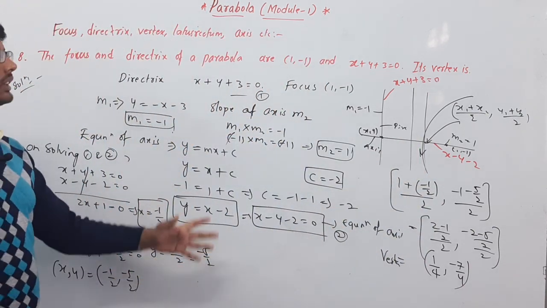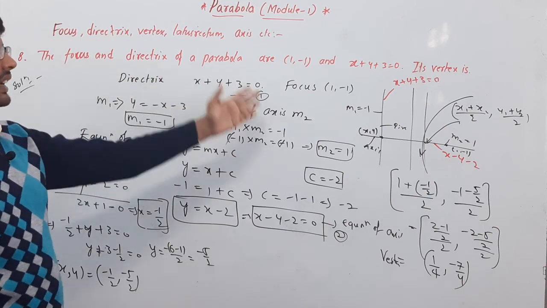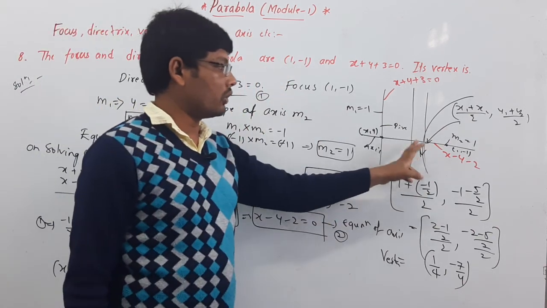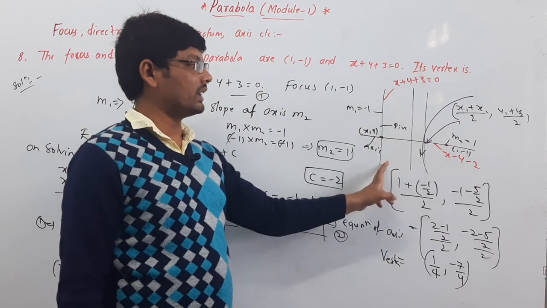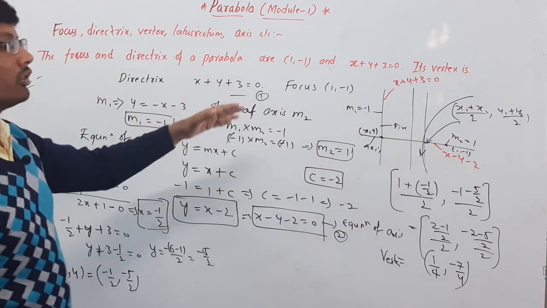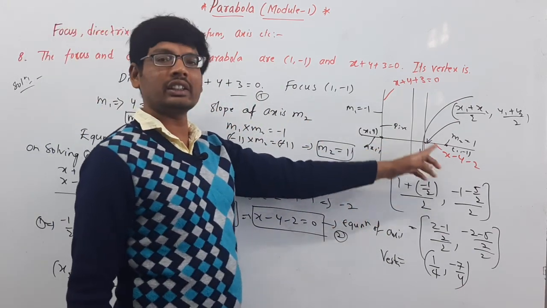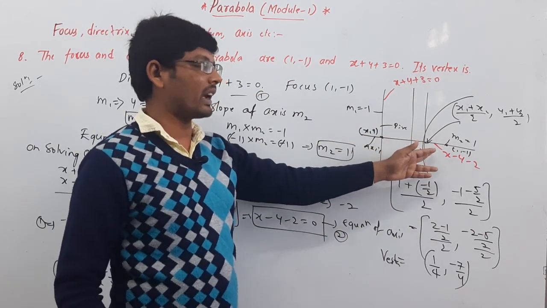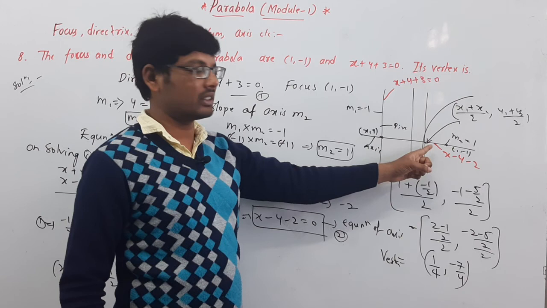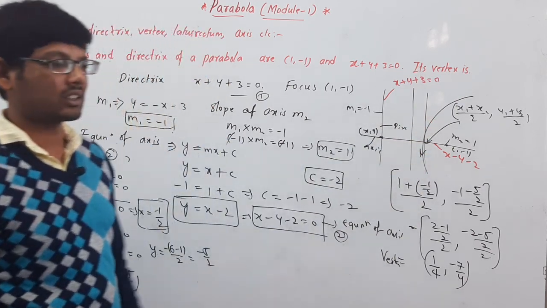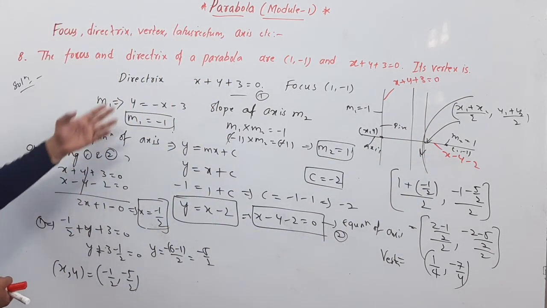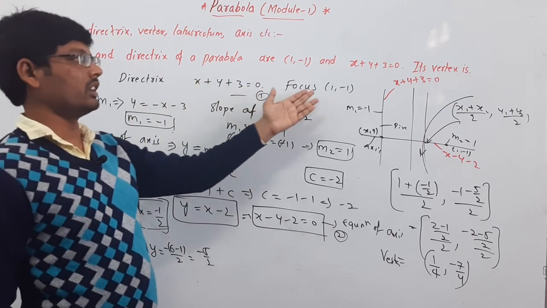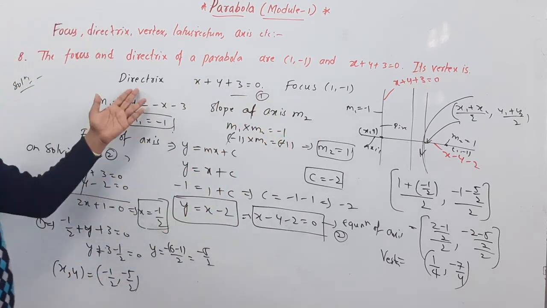Once again I am repeating this question. The focus and directrix of a parabola are given. This is the focus, and the directrix equation is given, and its vertex he is asking. The vertex is the point of intersection of the principal axis and the parabola. The directrix x plus y plus 3 is equal to 0 is given, and the focus is also given, and the directrix